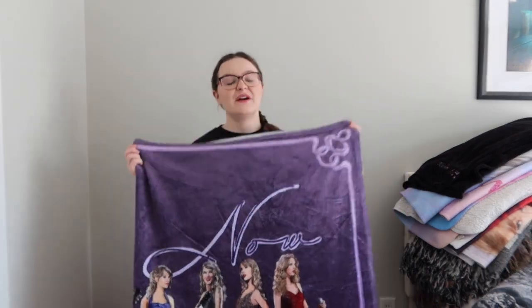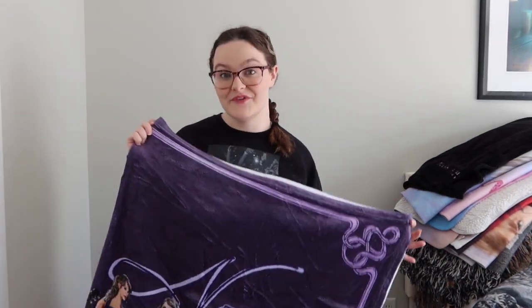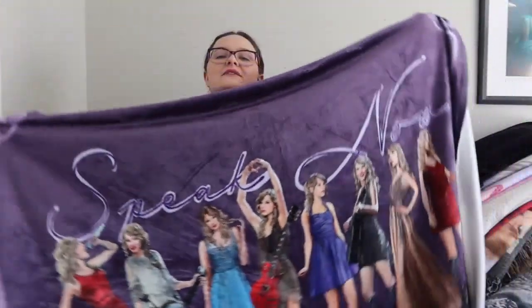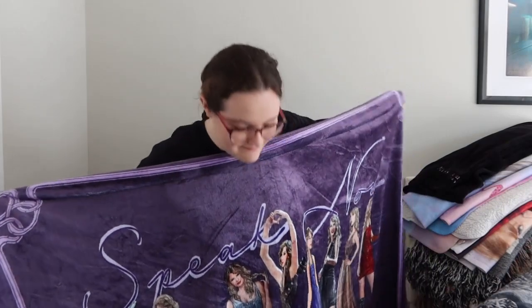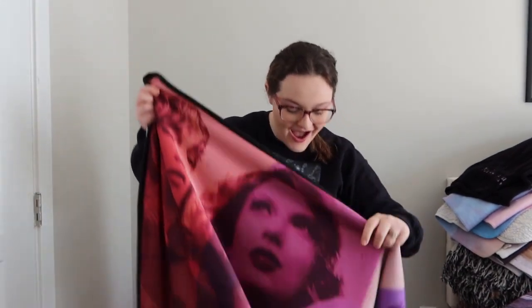So this was very nostalgic for me to purchase because my first Taylor blanket was from the Speak Now World Tour. So to have a blanket with all the Speak Now Taylors on it, but make it Taylor's Version, it's very special. Okay. And last, but very not least in my collection, I have the Taylor Swift The Eras Tour